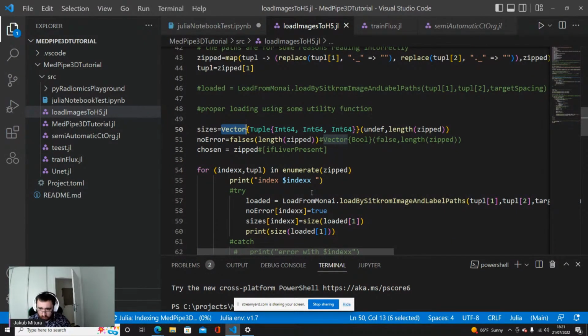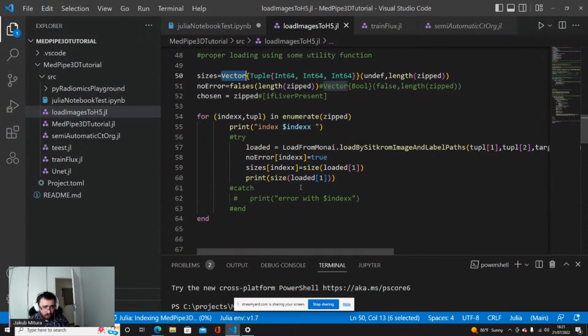Because the neural network expects the same dimensions of the arrays that are put into it. So in order to put the array as the argument, as the training sample, it needs to have exactly the same dimension as all of the other arrays that we put.